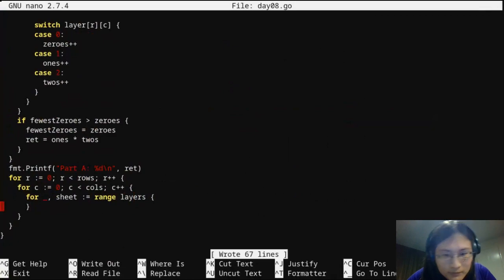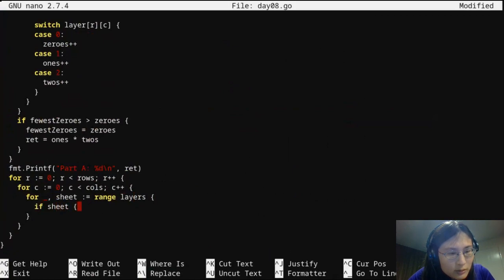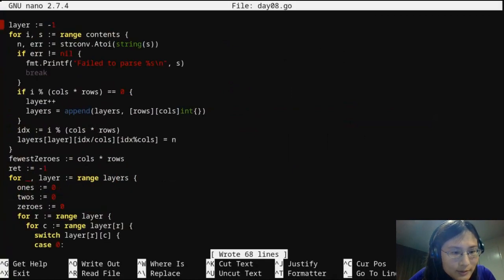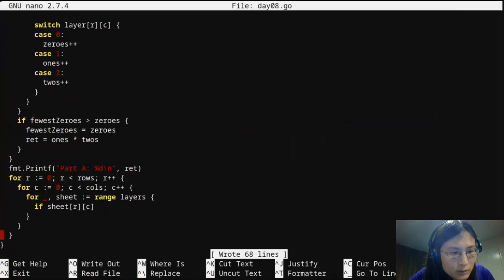So first layer is in front, last layer is in back. Yep, that's correct. Okay, great. Sheet RC. I think it's indexed by RC. Yep, that's correct.